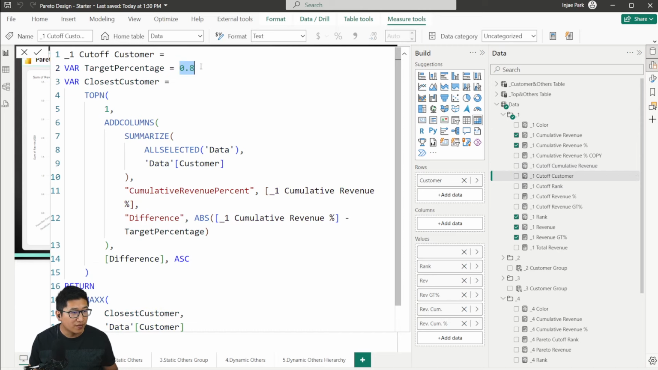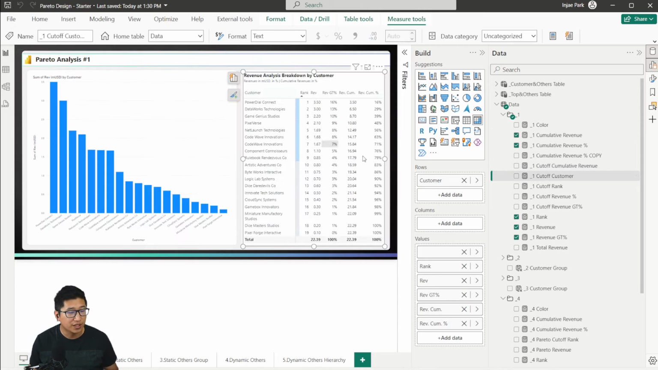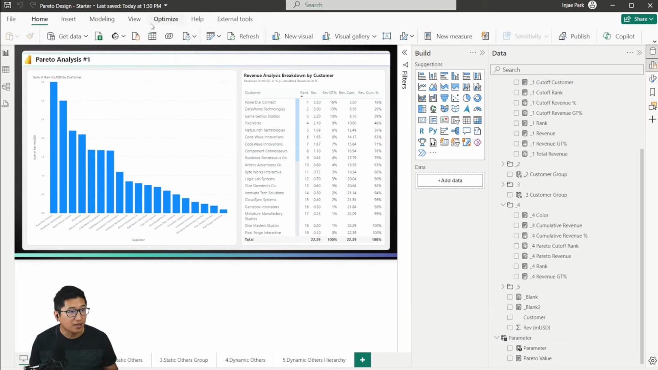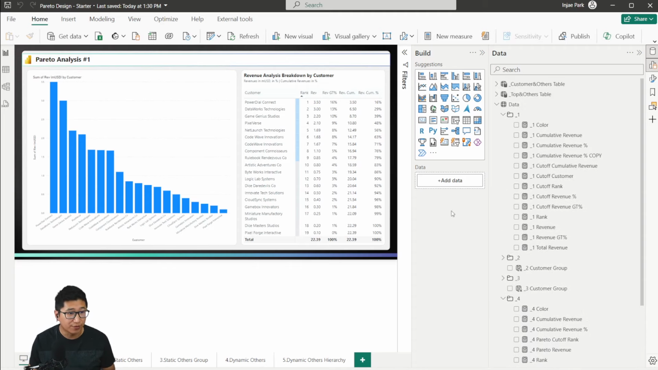But the reason we have this be the Pareto value is because we have created a slicer, which is basically just a what-if parameter that has a specific value. We're going to get into that later and I'll show you a bit more about it. But for now,